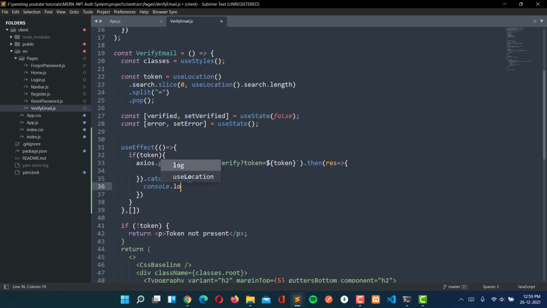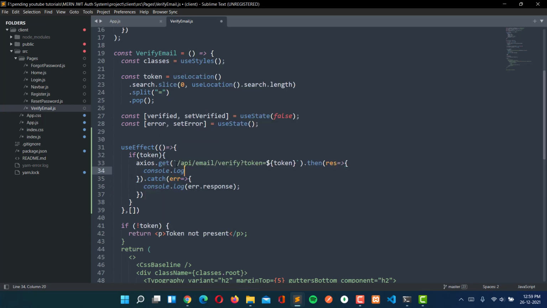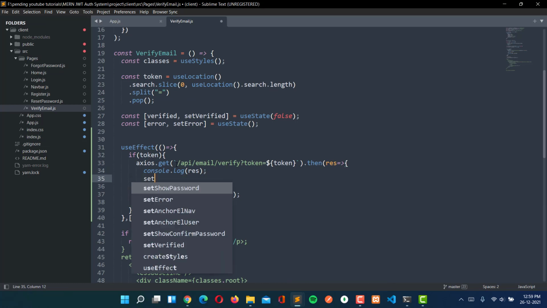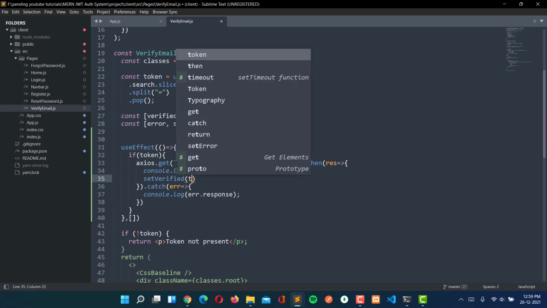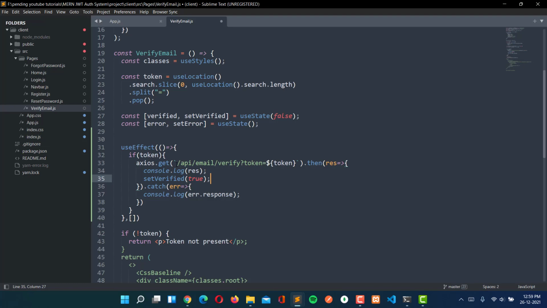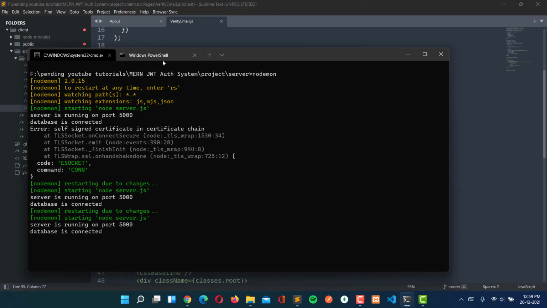So console.log error.response, otherwise we are going to console.log response, and we are going to set verify to true here. Just save this, and now let's wait for its compilation, and then we will start testing it.